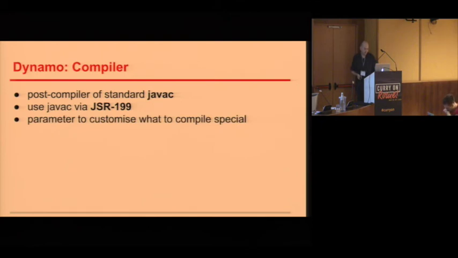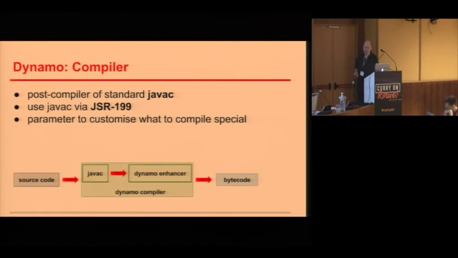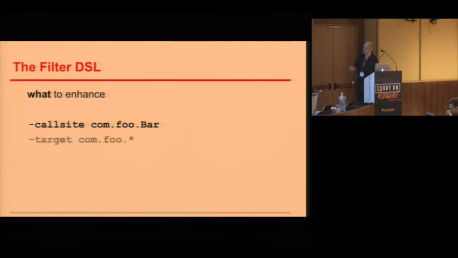There's a special parameter that can be used to customize what to compile, or which instructions to replace. I'm not going into details here. That is just a little DSL where you can, on both the call side and the target side, specify with simple patterns with wildcards what to include and what to exclude. For instance, there's a certain library I'm using, but I know those guys really know about binary compatibility and are very disciplined in versioning their code, so I really trust them that there are no incompatible changes expected, so you want to exclude this. And you can do this with this kind of parameters.